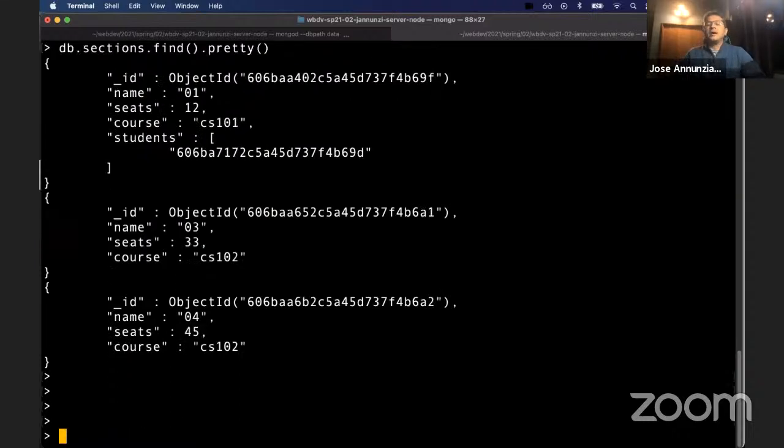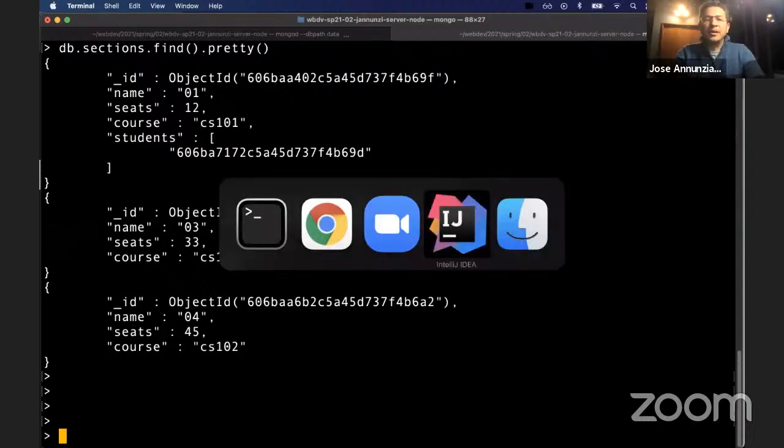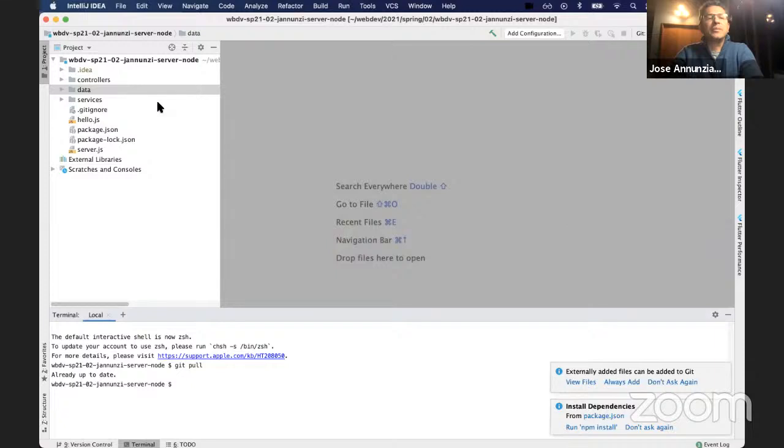There we go. So what we're going to do today is learn how to interact with the database, but not here from the console, but instead from Node.js, using JavaScript and the library Mongoose. All right. So I did open up the project that we were using last time around, which is this